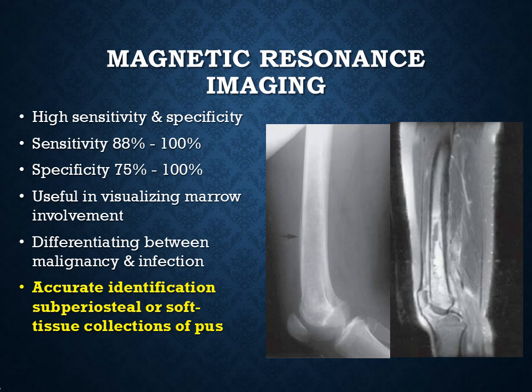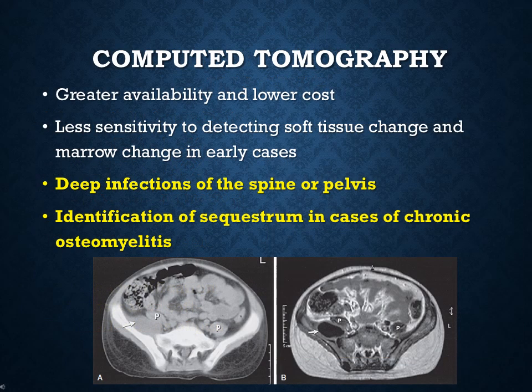Additionally, MRI allows for accurate identification of subperiosteal and soft tissue collections of pus, providing essential information for both medical management and surgical planning. Computed tomography, CT, is widely available and relatively low cost, making it a practical imaging option in